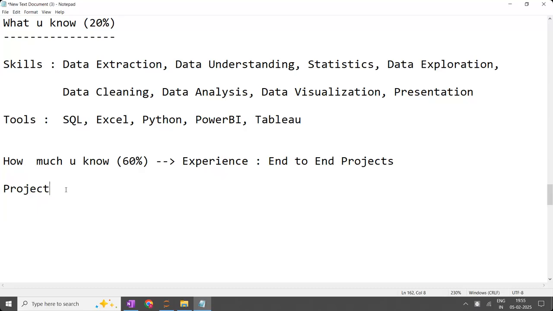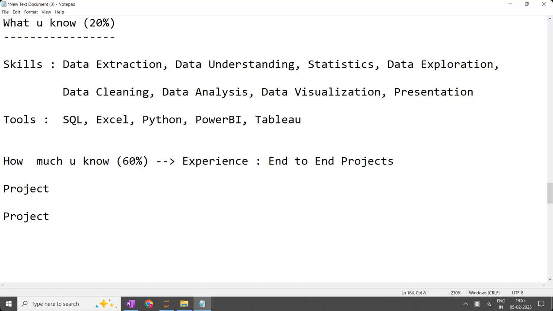In the 4 years, I have done multiple datasets, multiple end-to-end projects. That is the meaning: I have executed multiple end-to-end projects. So if you are also executing end-to-end projects, you are also going to have the experience. Experience here means the projects. What projects are you going to do now? End-to-end projects. That is your experience. You have to show at least 3 projects.